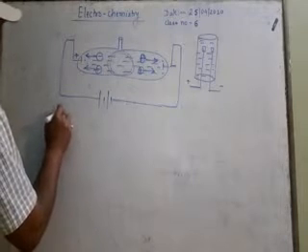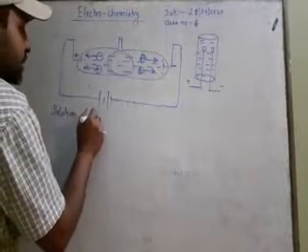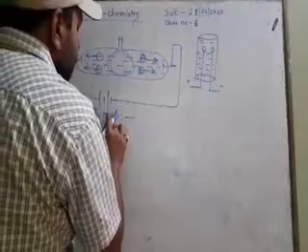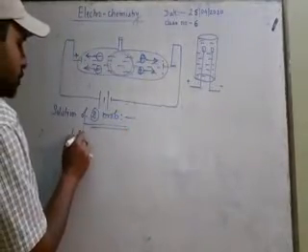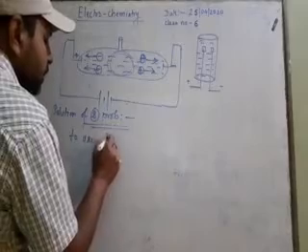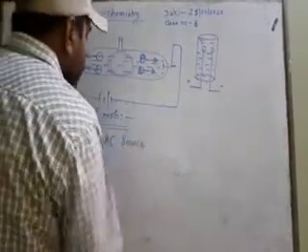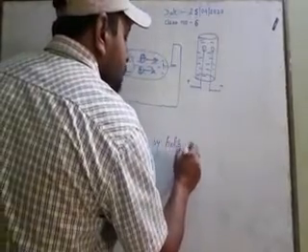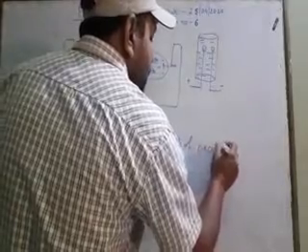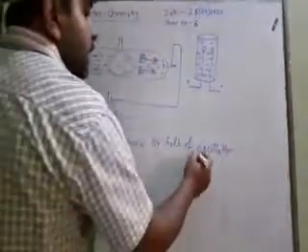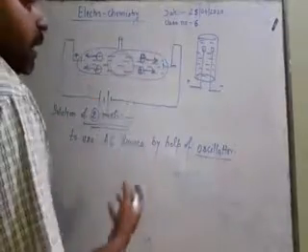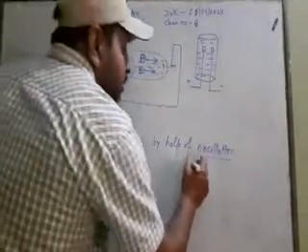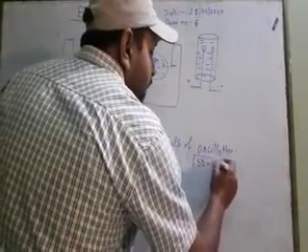So the solution of the second problem is to use an AC source with the help of an oscillator. Students, it is a device to regulate the AC source in a definite manner. Its value is 50 to 5000 Hz.